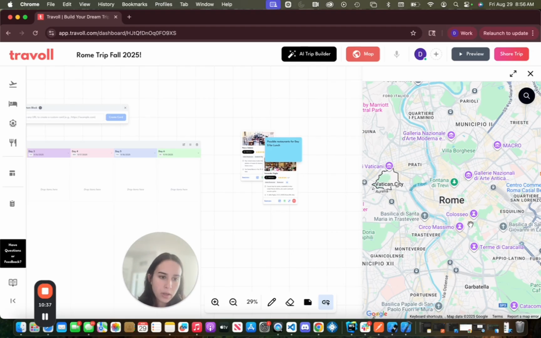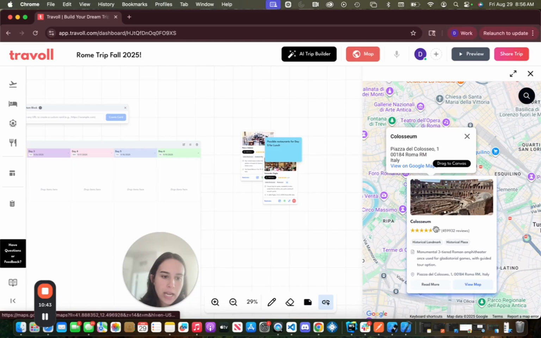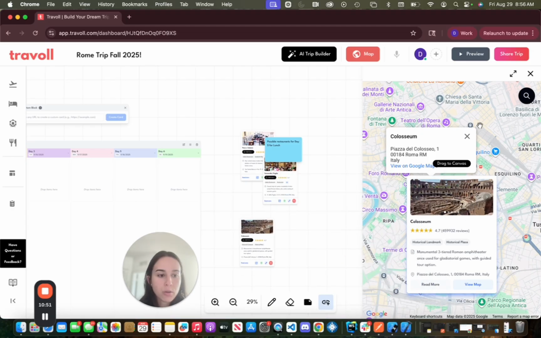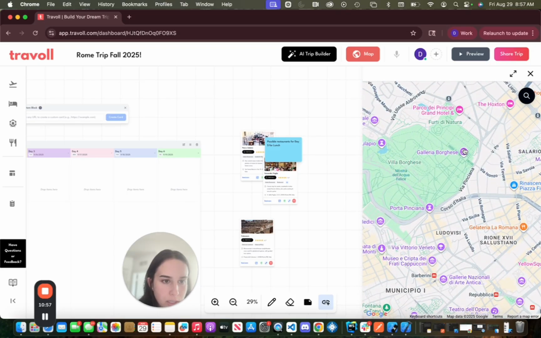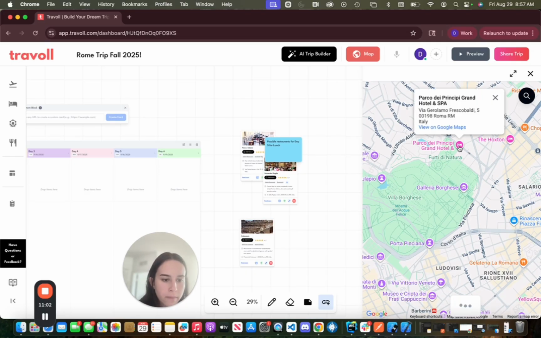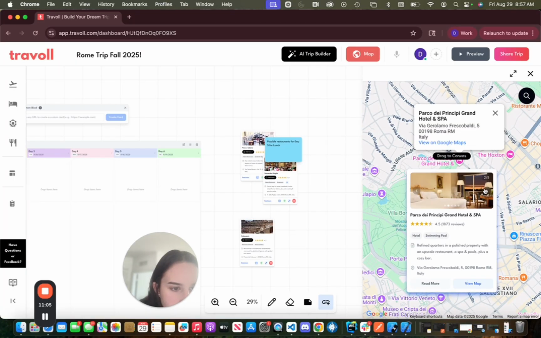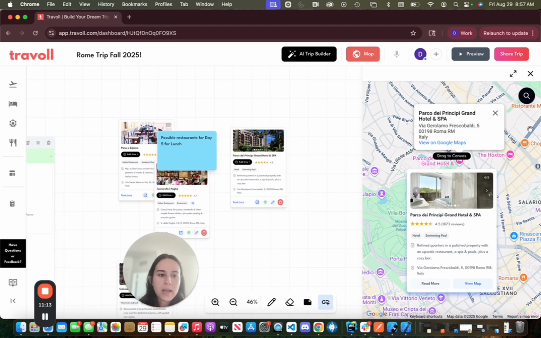So this is also the map here. Every time you click on any kind of object on the map, it creates a card that you can drag onto the canvas. So you can also explore Rome via the map too. So for example, Galleria, let's see this, or see this hotel. That looks like an area that I want to be in. So I'm gonna click on it, and you're like, ooh, that looks kind of nice. That looks super nice. Let's drag it to the canvas, because it got hidden behind my sticky note. It's because that's the hotel I want, or the area I want to be in. So you can actually search so many different ways.